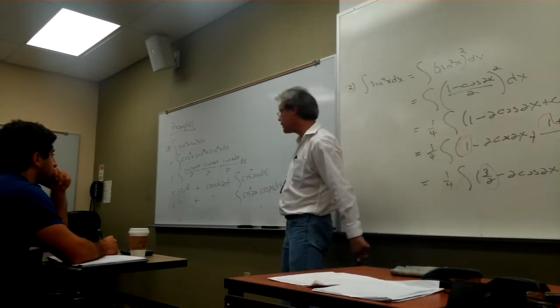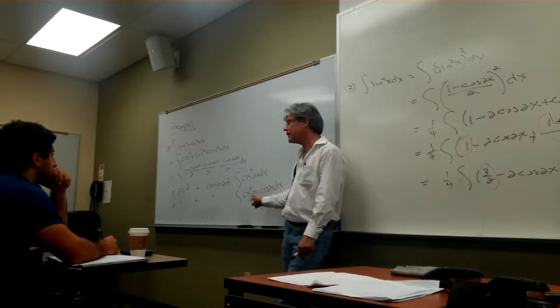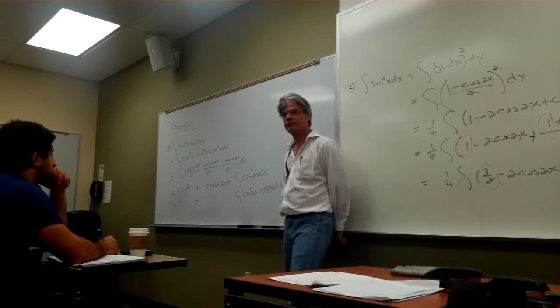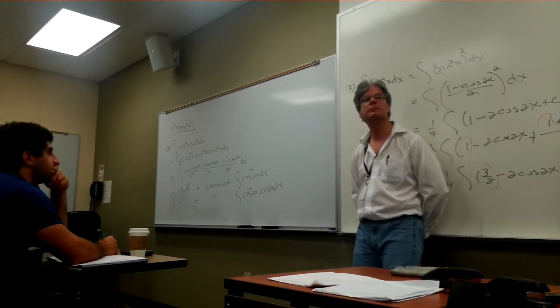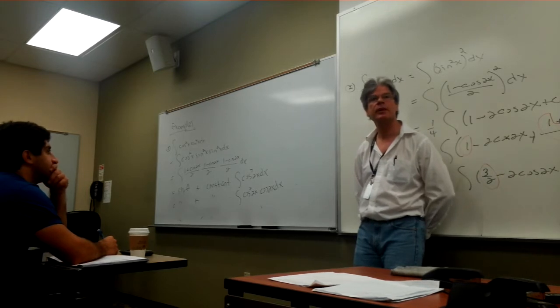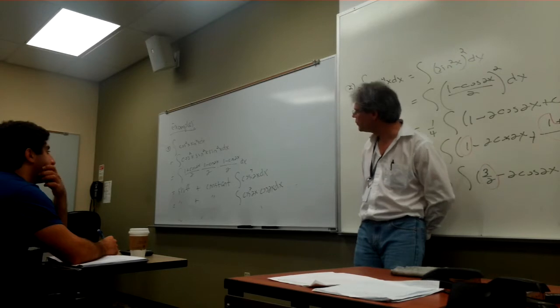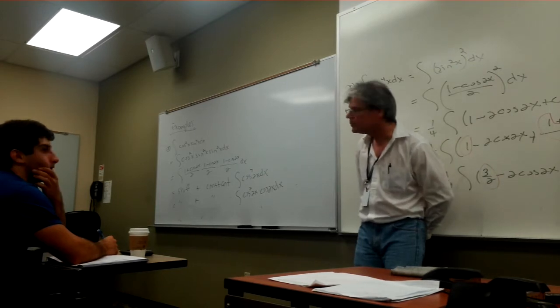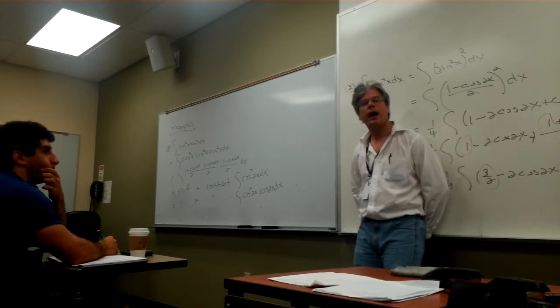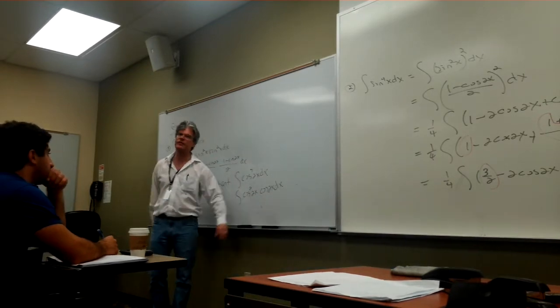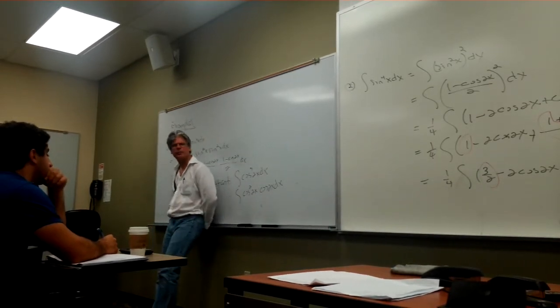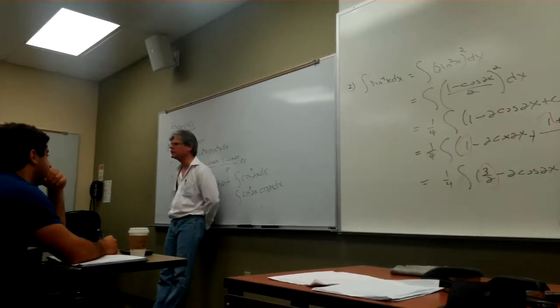Okay, you're right. I've got cosines of 4x and cosine of 2x if I apply my reduction. Still the same problem. You could just apply the identity to cosine squared of 2x. I think that makes things complex, because I got cosine of 4x and cosine of 2x. That looks kind of difficult to apply a u sub to.